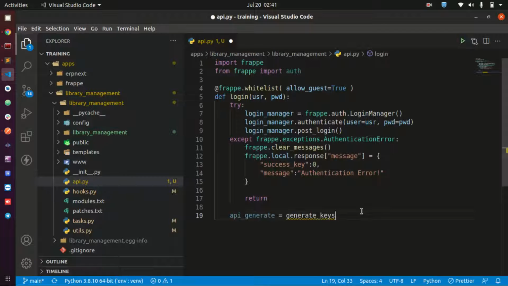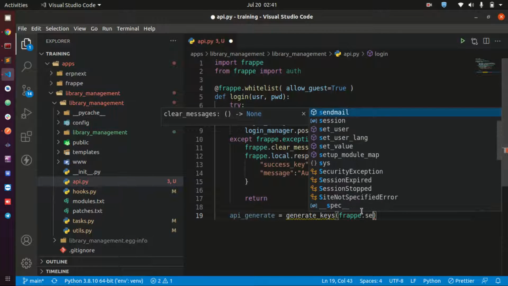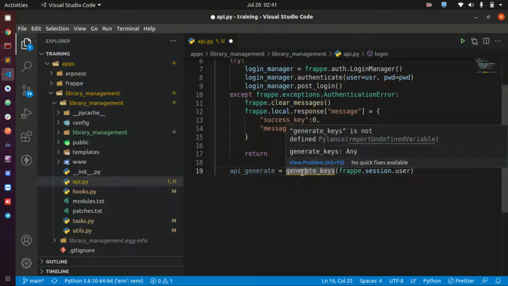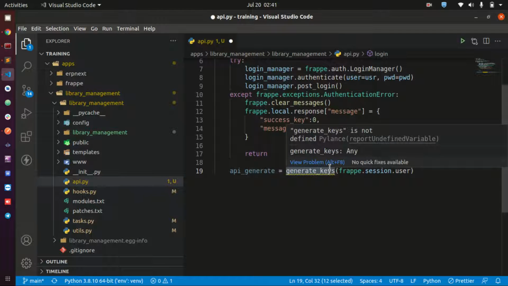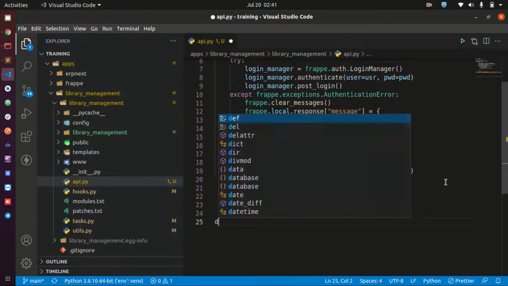I want to keep my names very descriptive, so I'm going to say api_generate equals generate_keys, and then inside here I'm going to do frappe.session.user. This session.user, what is it? Why is this thing complaining? Generate keys is not there because it is not defined. Okay, that is okay. Remember in Frappe, when you say frappe.session.user, you get the current logged in user. I'm going to be passing this user to the function that I am going to create in a minute, so I can actually come down here and just define